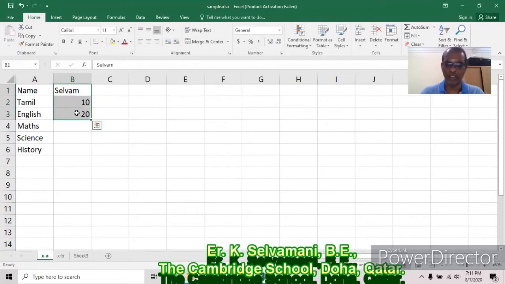I want to hide the student names as well as their mark list from the user. These are the headings or titles that should be displayed. The values, that is data, Selvam 10, 20, 30, 40, 50, should be hidden from unwanted persons. That is what a scenario is. Consider in 10th standard, 4 boys are studying: Selvam, Guru, Bhaskar, Sendil. So I need to type 4 mark lists.